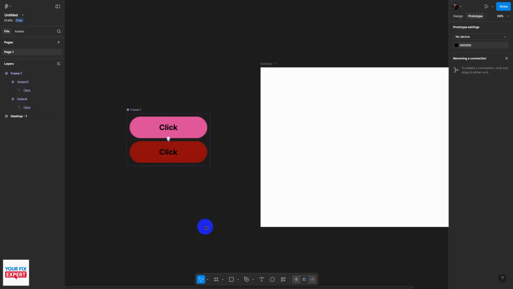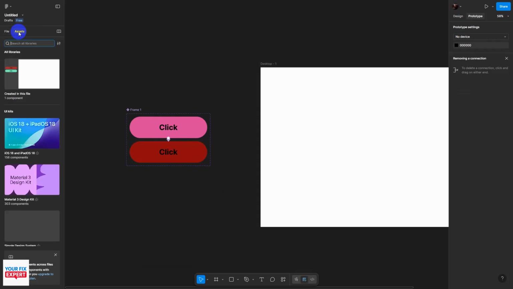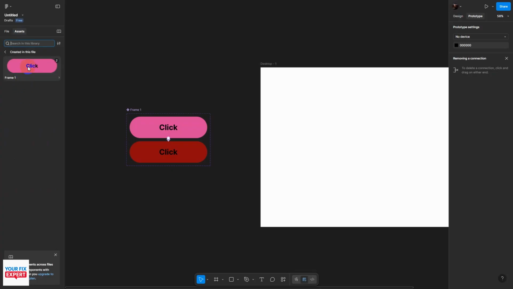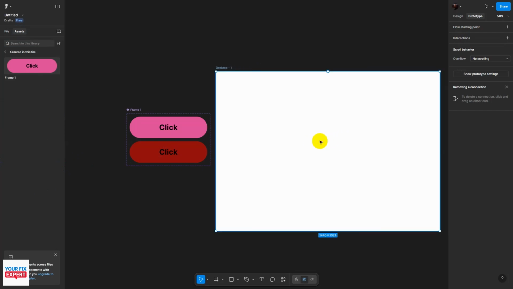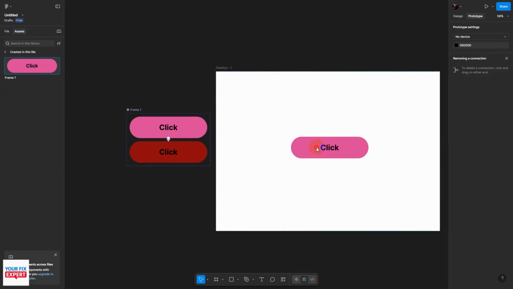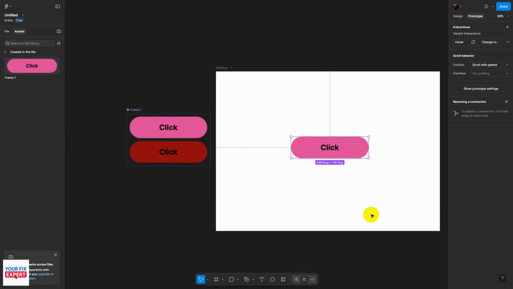All right, so now we've actually made our button. It is pretty much done here. What we're going to do now is we're going to go to assets on the left. We're going to click in our created in this file, and there's our button. We're going to drag that button onto our desktop here. So let's just move this a bit in frame. We'll drag that over. And now if you want to, you can do some more customization here, but if you're